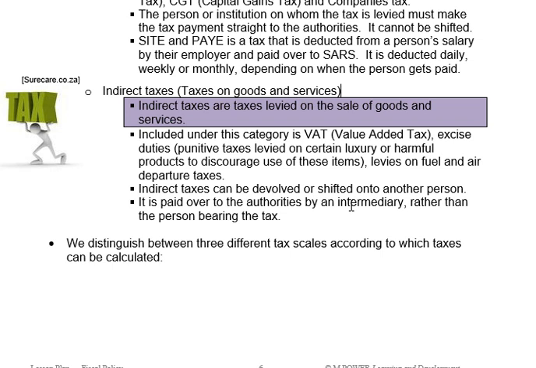Pick n Pay pays the VAT when they buy the bread from the bakery, and when they sell the bread to us, it includes the VAT. Okay, brown bread doesn't include VAT because it's essential goods, but white bread does include VAT, because that's not seen as essential. All right. Ultimately, when Pick n Pay sells the bread, they sell it including VAT. So us, the consumers, when we buy the bread from Pick n Pay, we are paying the VAT. Pick n Pay gets their VAT back because we pay them, all right?